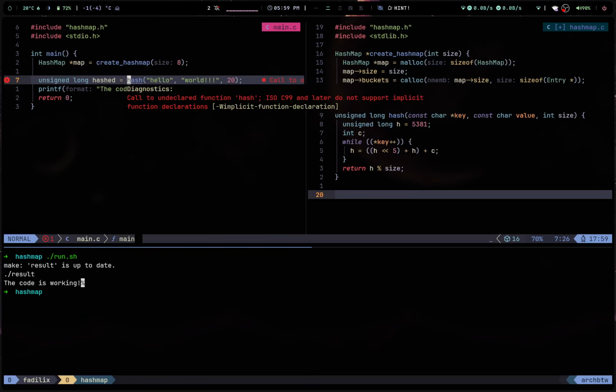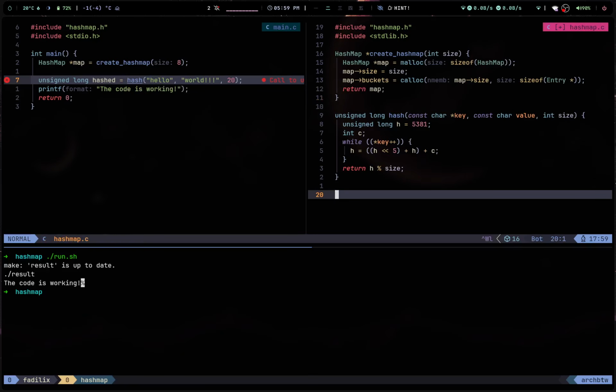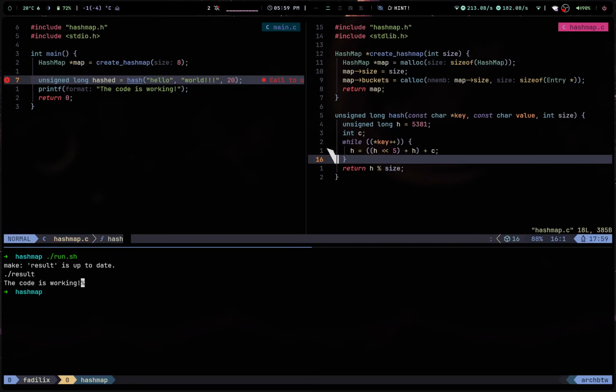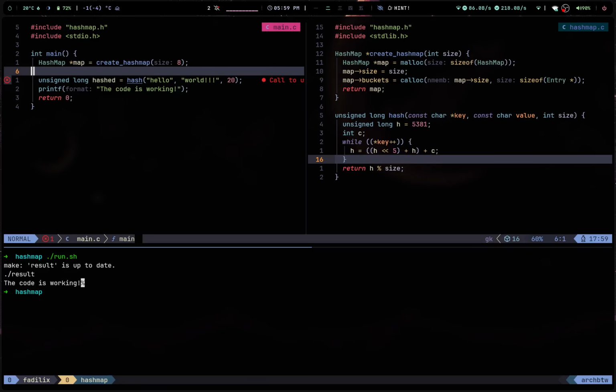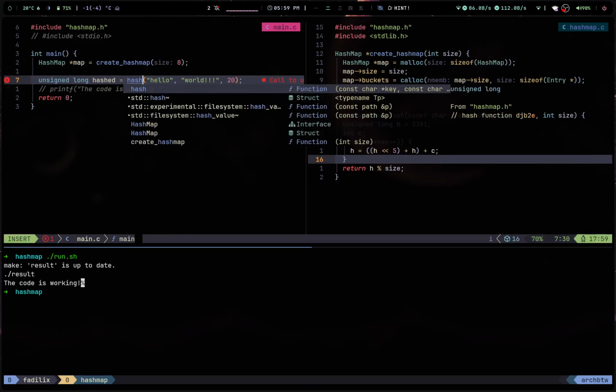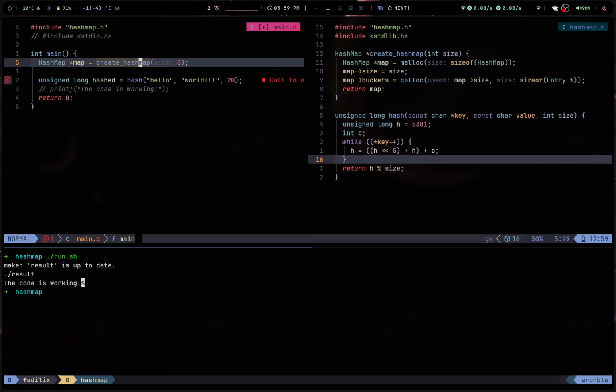Call to function hash. I don't think it's calling the correct hash function. I think there is a hash function which is in the built-in library. I don't know. Call to undeclared function hash. ISO C99 and later do not support explicit declaration. Okay. What does that mean? Let's do something like to see if